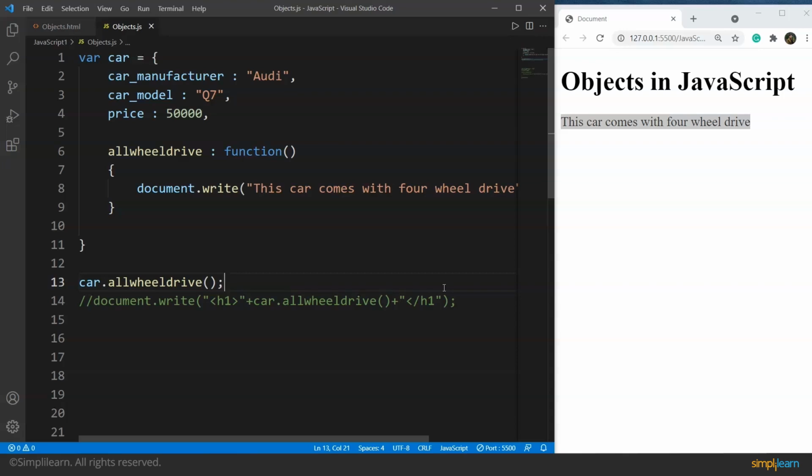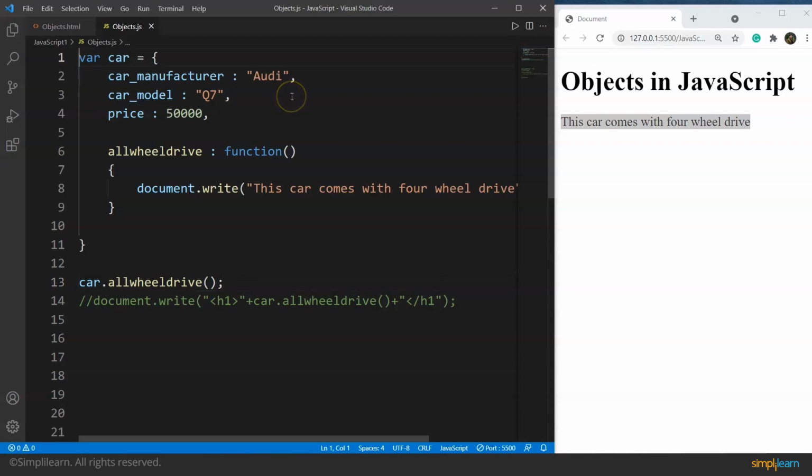Also, in the newer versions, JavaScript supports the concept of classes and objects. So what we used to say earlier is JavaScript is an object-based scripting language because it does not support the concept of classes and objects fully. But now the scenario has changed. JavaScript does support the concept of classes and objects, but we'll keep it a bit simple.